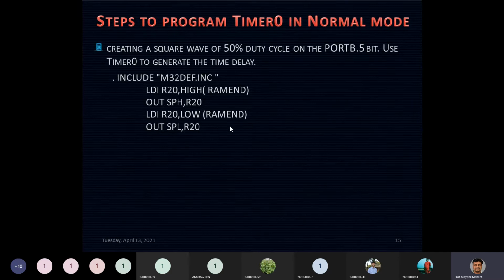Now I have already talked about this in 8085 as well as in AVR, that there are two special registers which are pointing out the memory locations. One is your program counter and another is your stack pointer. Program counter will be pointing out the memory location in your flash, and stack pointer will be pointing out the memory location in your RAM.